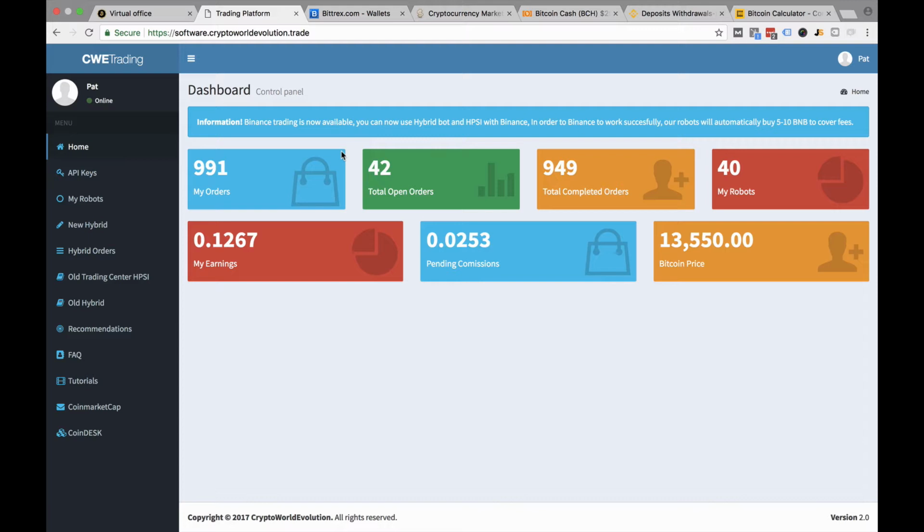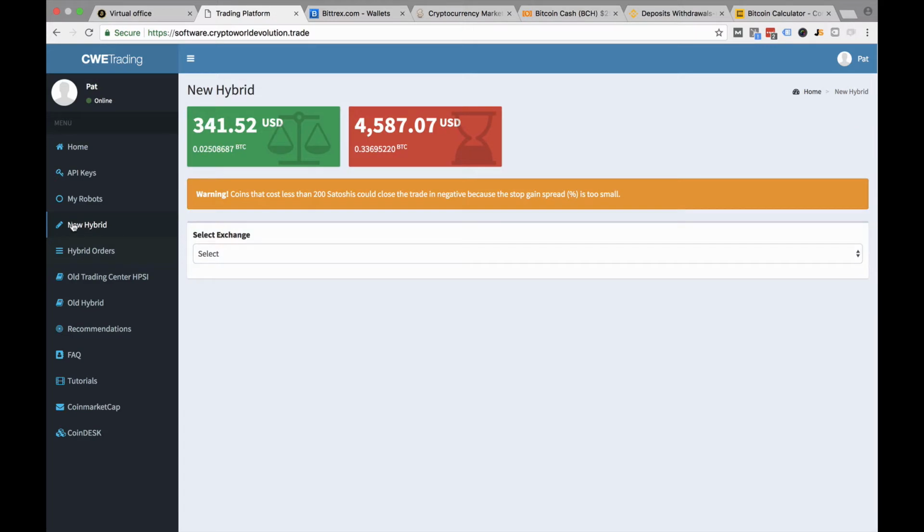Today I'm going to show you one of the bots that come included in the CWE software, called the hybrid bot. The hybrid bot is definitely the most profitable bot of them all currently in the CWE collection. So, in order to place a hybrid order, you're going to click on New Hybrid here on the